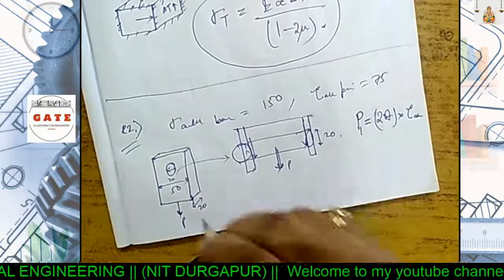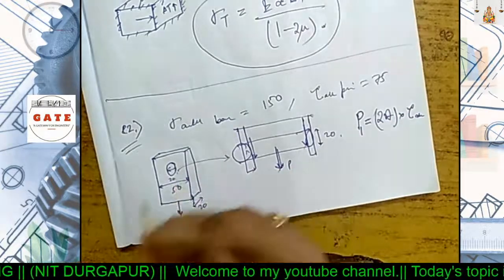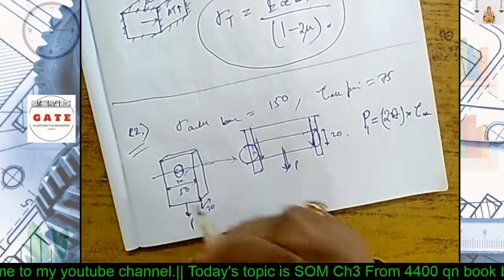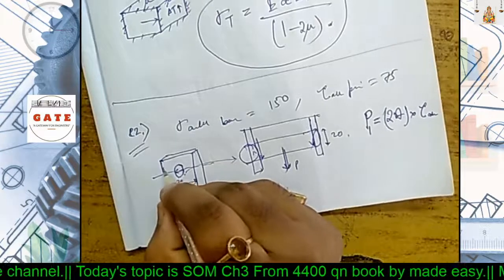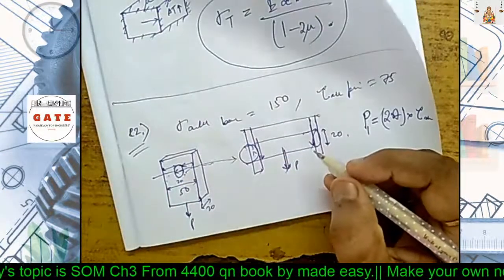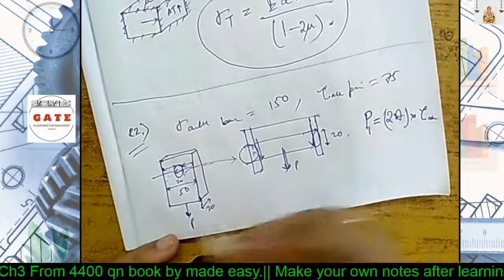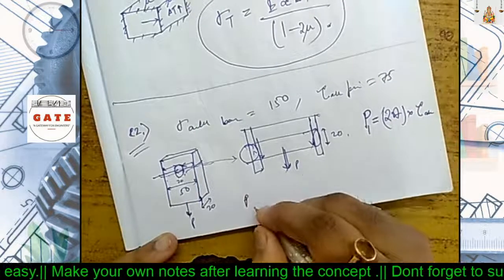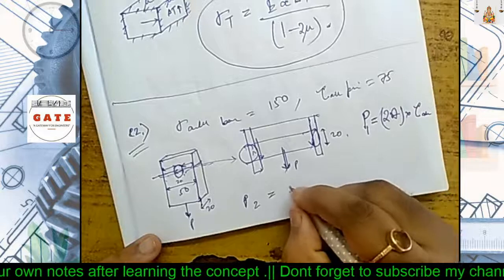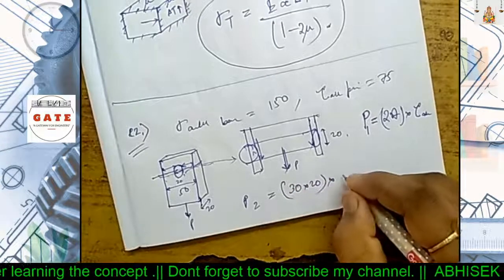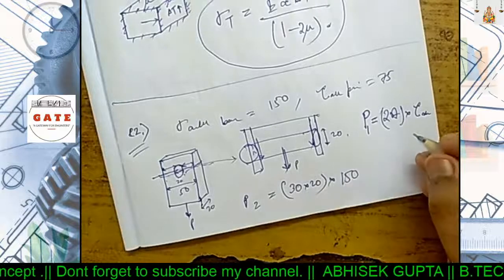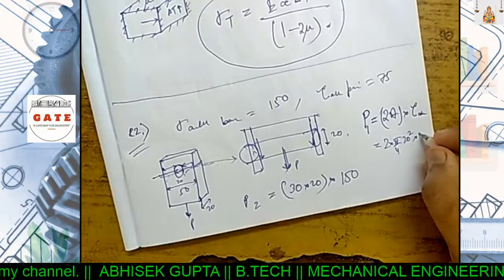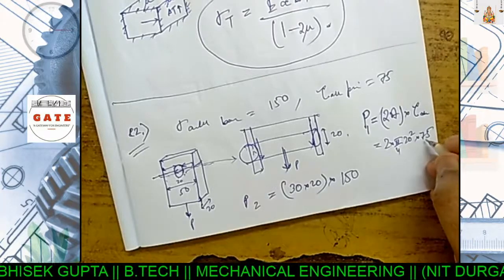So we get one load P1, and from the bar, see the weakest section is this one. Okay. So we have to consider the area of this. How we consider? See here, this is 20, so the rest part will be 50 minus 20, that is 30. So 30 into 20 will be the area of this weakest section. So P2 will come out to be the area of the weakest section, that is 30 into 20 into the sigma allowable, that is 150. Okay, so this is your pi by 4 d square, and tau allowable is 75 megapascal.